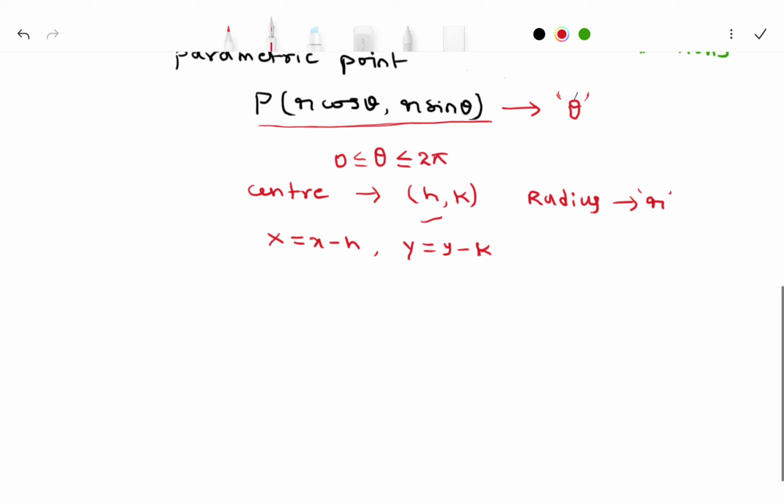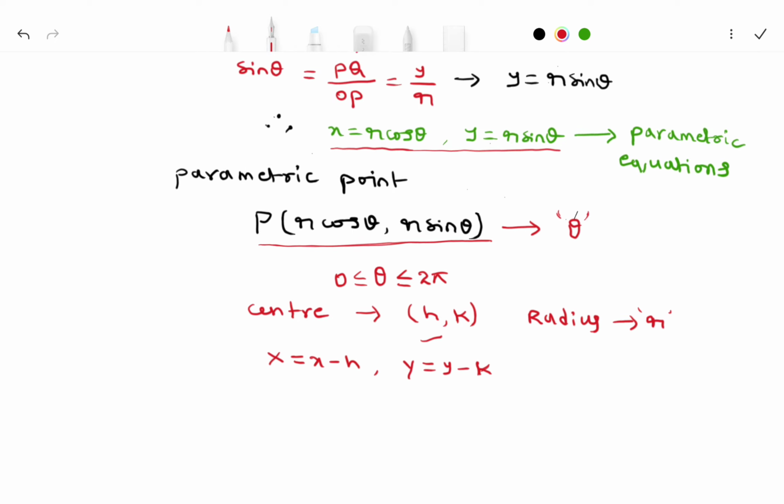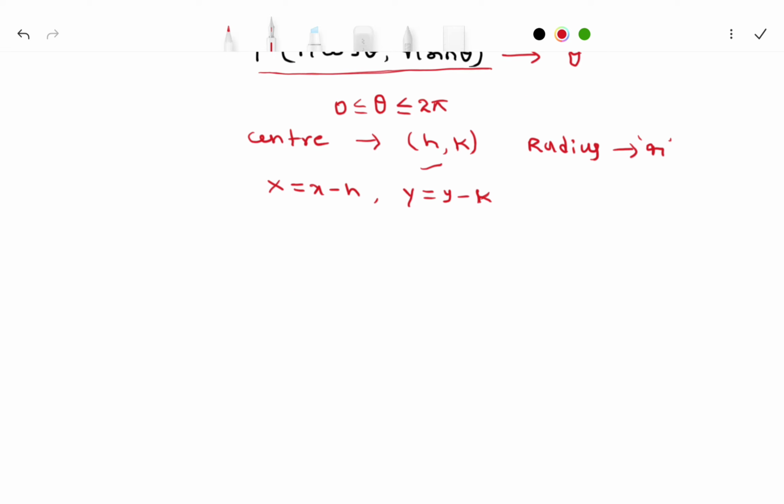Now in the above parametric equations, if you replace x with x minus h and y with y minus k, you will get